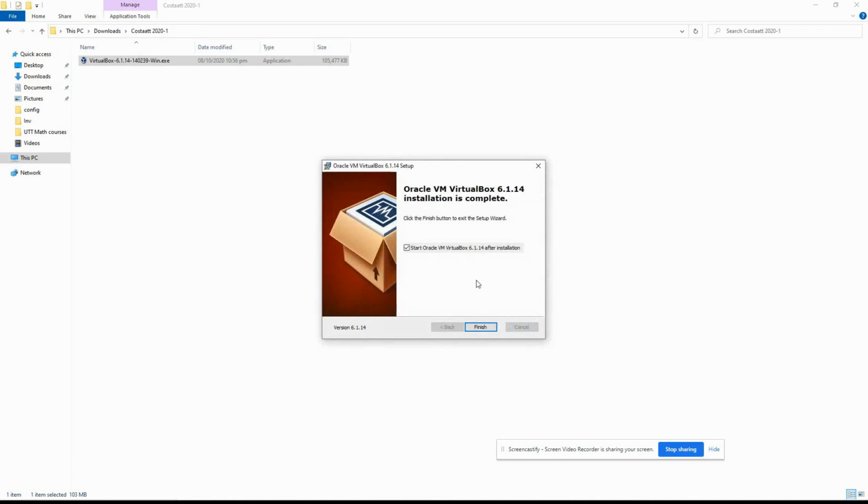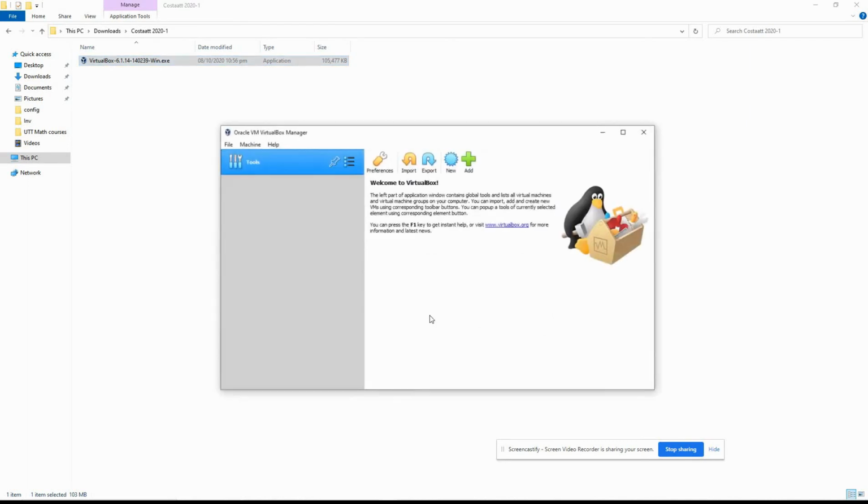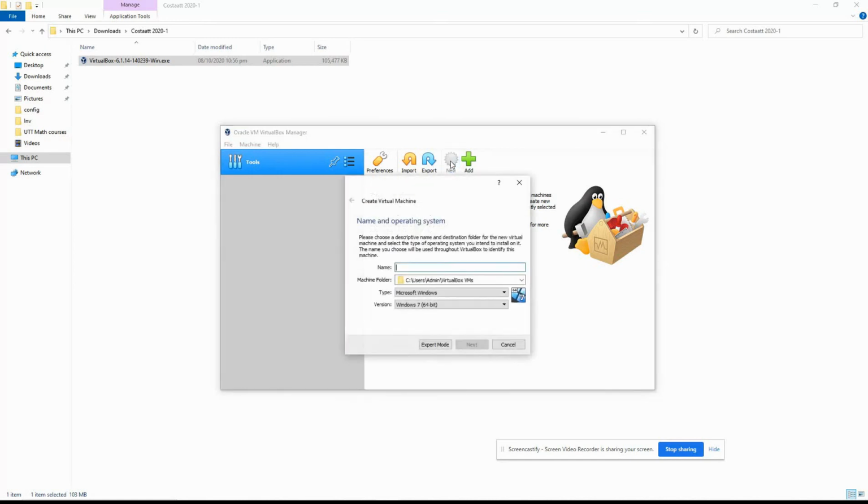And that's it. The software has been installed, and you would see VirtualBox opened up automatically on your system. So next, we're gonna add Windows Server